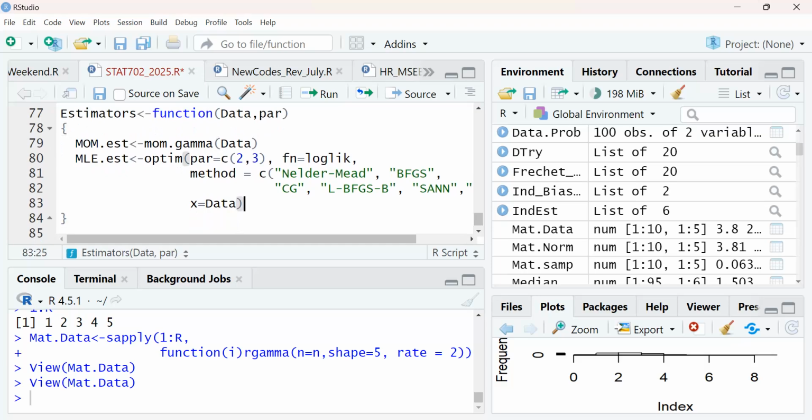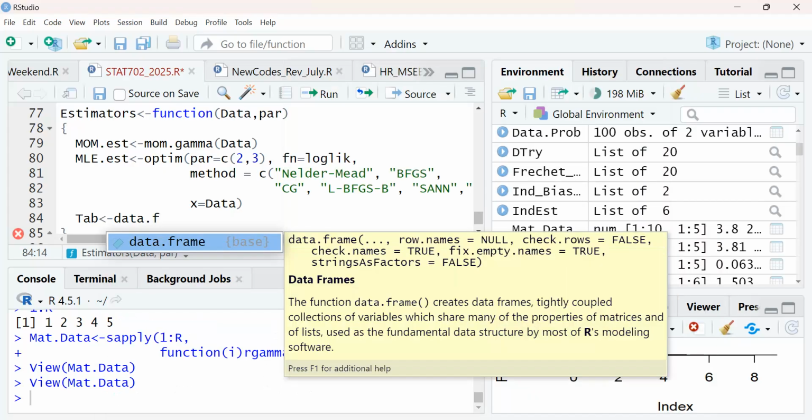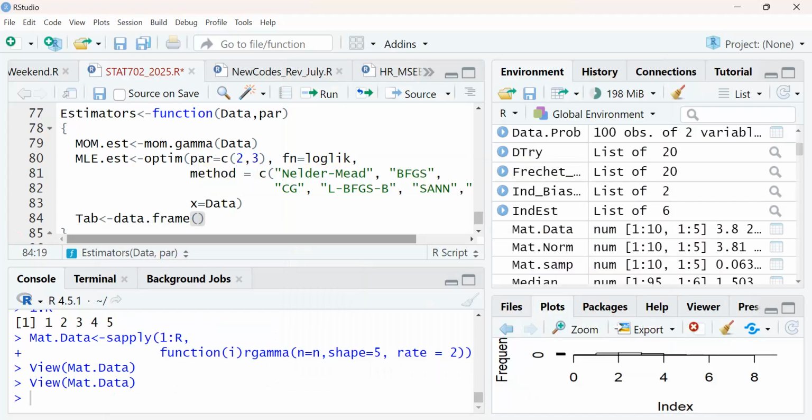And then what do we want? Our tab can be a list or a data frame, whichever one we want. So maybe data.frame. Moment will then be equal to what? Mom est. MLE will be equal to what?